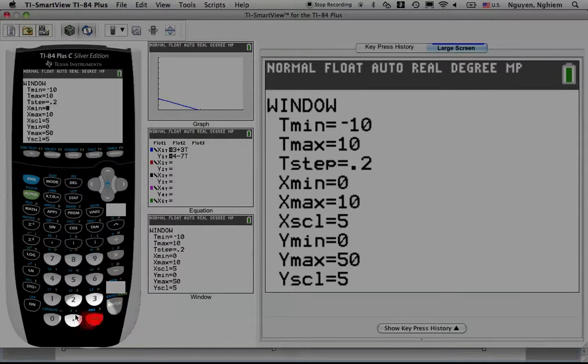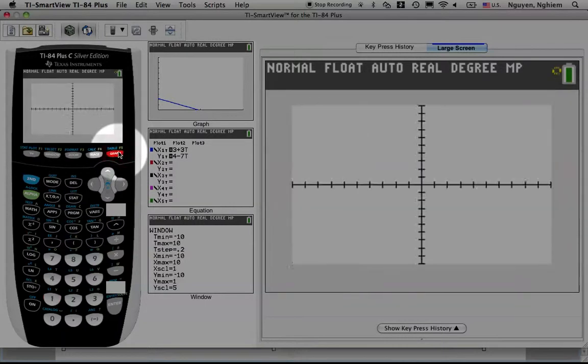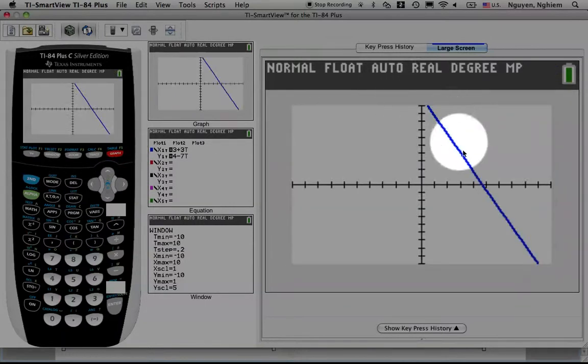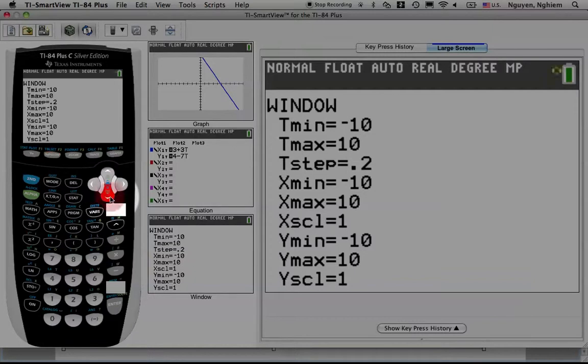X min, we'll just use as a standard window for now. Okay. Same with the Y values. And then hit graph. And you can see there it is, a nice looking graph of the equation. And just to prove my point a little bit, I can make t-step very, very small. So if I go 0.001 and I hit graph,